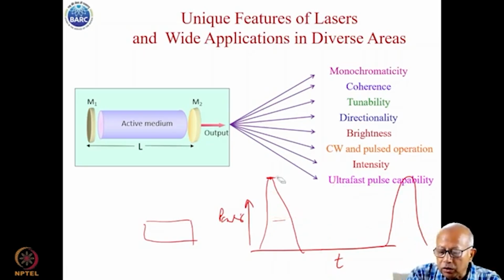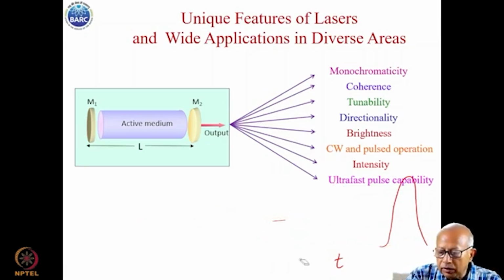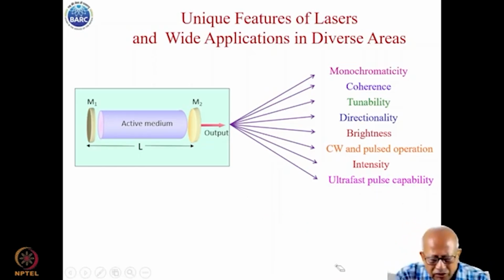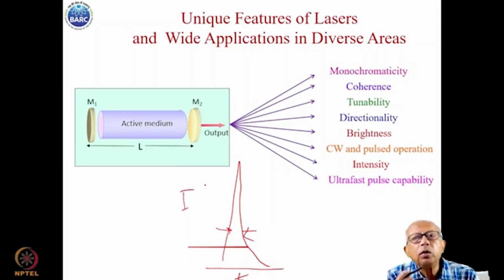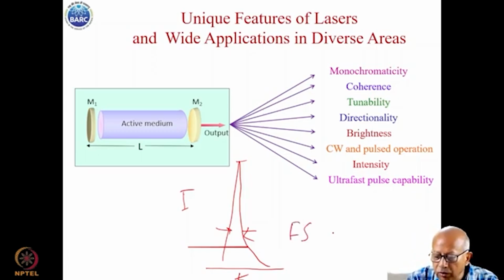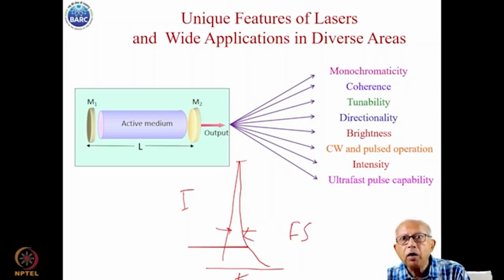With judicious manipulation of some of the operating parameters, the laser can also be made to produce a giant pulse into which a huge amount of energy is confined within a small time. This is the time, this is the intensity. This would produce enormously high intensity that can do simply wonders. By intelligent manipulation of some other operating parameters, a laser can also be made to emit ultrashort pulses, which can go down to the regime of femtoseconds and even beyond. All these, however, are beyond the scope of this course.